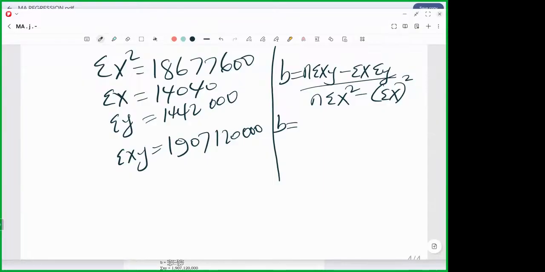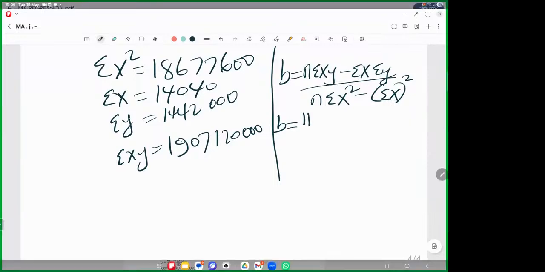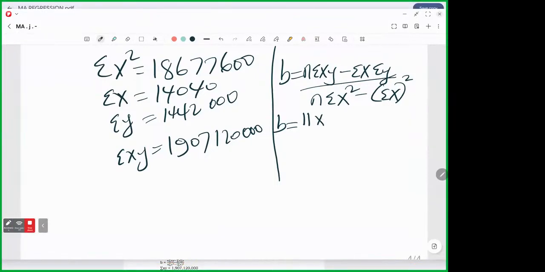11 or 12? Somebody must confirm because I can see two conflicting answers. I'm told it's 11. They're 11. So 11 times summation of xy, that already we have here,